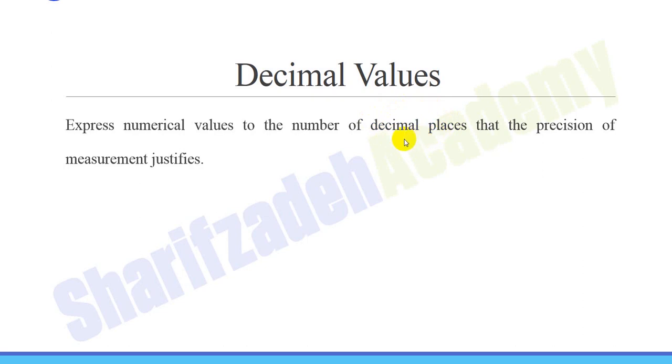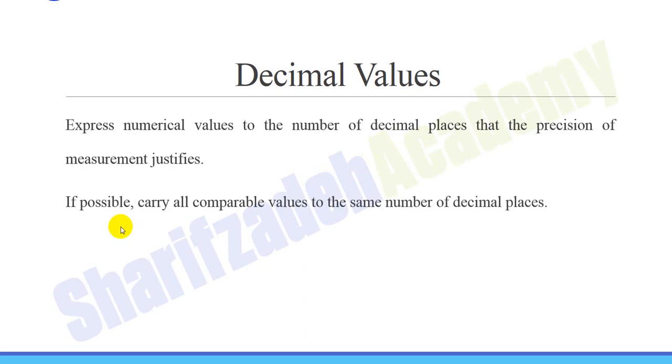But if it is not that important, you can write 1, or you can even disregard it. And if possible, carry all comparable values to the same number of decimal places. As I discussed earlier, if you are going to tell the readers that the mean age of the experimental group is